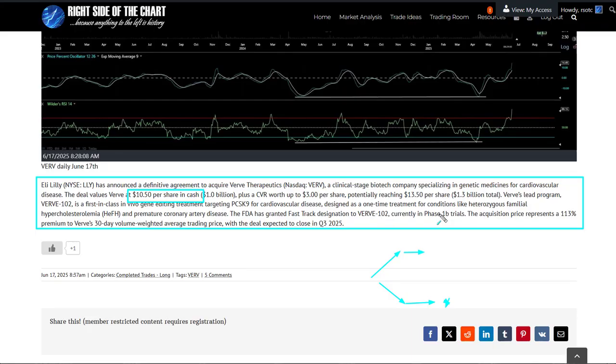They read that and they just start buying it, probably seeing that number but not paying attention that they get that extra $3 potentially only if they hit benchmarks that are going to take years probably to come out. So what happens anytime there's a buyout on a company, it's going to go up to and hover around